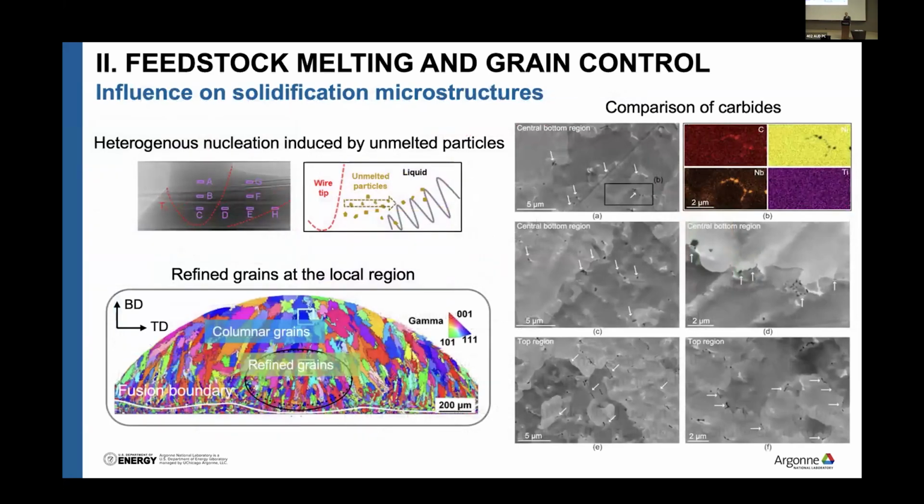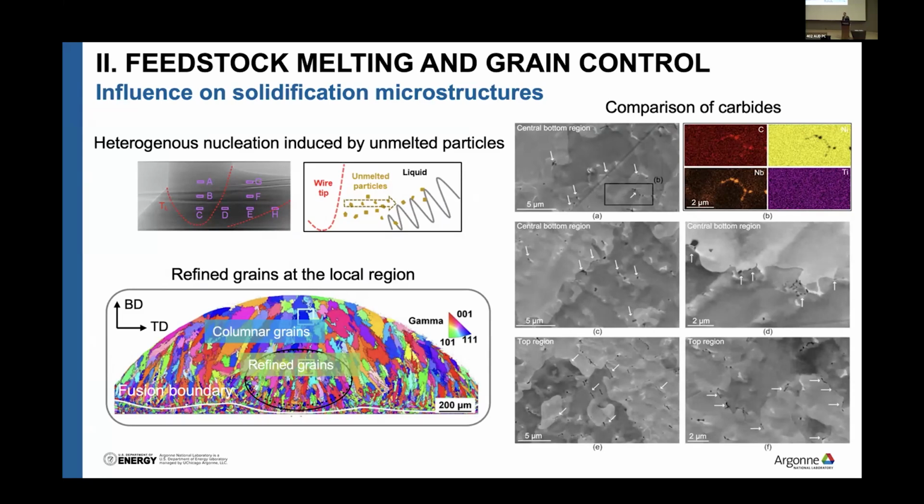Because we know in the mold pool, if we have the presence of some solid particles, it will influence the solidification behavior. For example, it can induce the heterogeneous nucleation of the grains. And in the cross-section of the printed track, we did observe some refined grains at this specific location. And we did the SEM characterization, which confirmed that, and compared especially the size, morphology, and the distribution of the refractory particles among these regions. And then we found that the unmelted particles in the mold pool are responsible for this